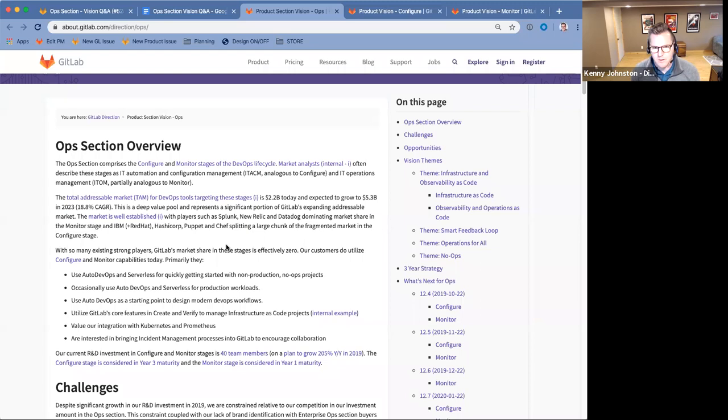So apologies if I'm not exact on these numbers, but the ops tool market is large. It's actually, in some cases, larger than the dev tool market because there's more mature tools. I think in general, there's some feeling that the ops side of the total DevOps market requires some significantly higher R&D investment to build those tools because you're dealing with larger data sets. And so there seems to be a premium that people are willing to pay. There's also a component of, especially in the monitor space, there's a higher overall market, likely because you're also paying for the raw storage costs in these tools.